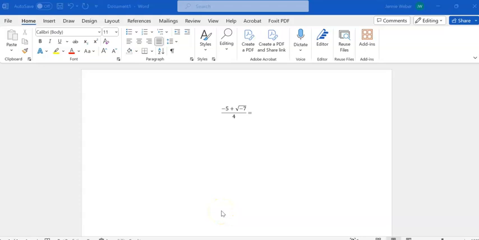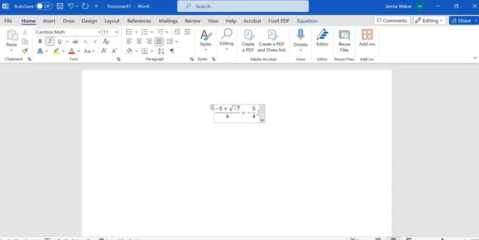Put this in your calculator, there's actually a couple of steps here. The easiest way to do this, because this is a complex number, is to divide this into two parts. So right now they have one fraction, but we can take this apart. So this can be negative